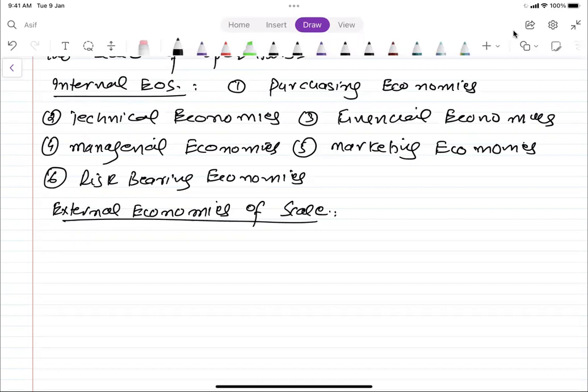These were the internal economies of scale, and let's move to the external economies of scale and try to find out what they are. External economies of scale are benefits that are obtained by a business because of matters that are not from within the business, that are from other businesses, or from the government, for example, or things like that. So external economies of scale are the benefits